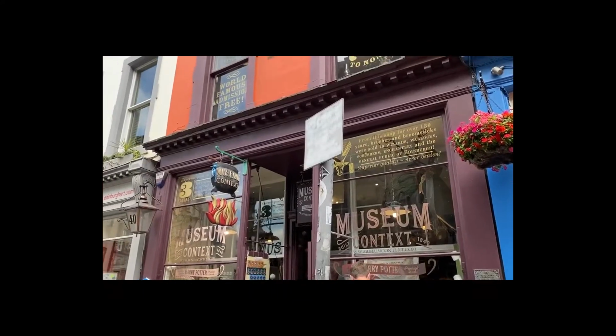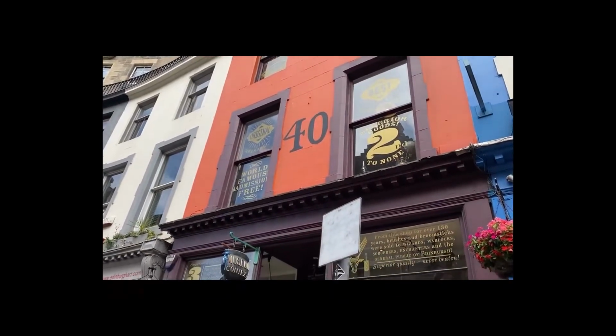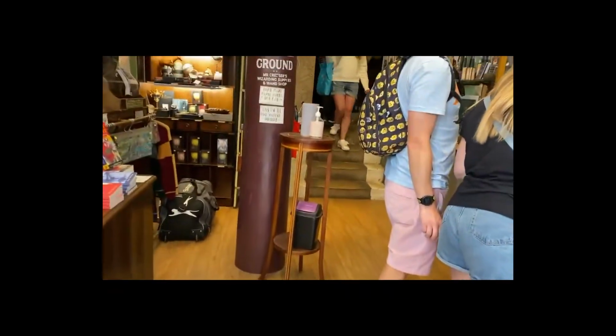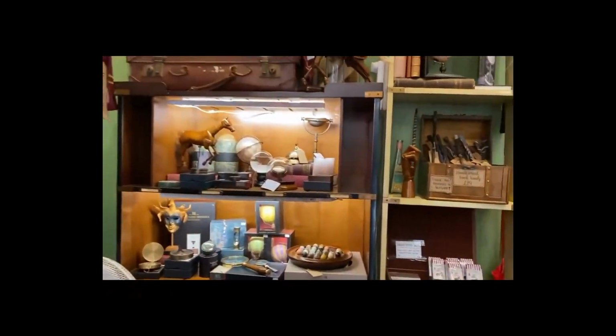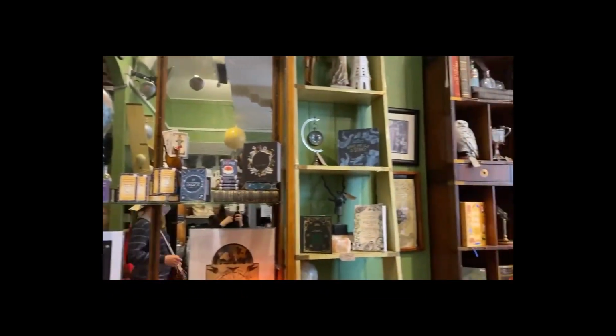I then walked across the road over to the museum context. Don't let the facade fool you, it's just a Harry Potter shop. That being said, it's definitely the coolest of all the shops in terms of looks. It's made to be like a Victorian shop of curiosities with lots of cool decor that you can explore around the building. Of course, in amongst all of those things is the Harry Potter merchandise, but this shop is more